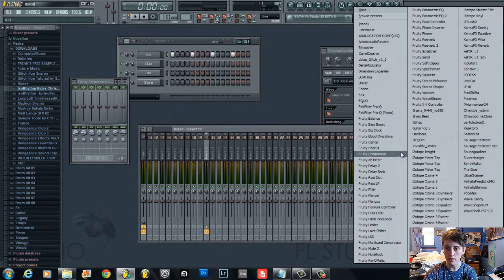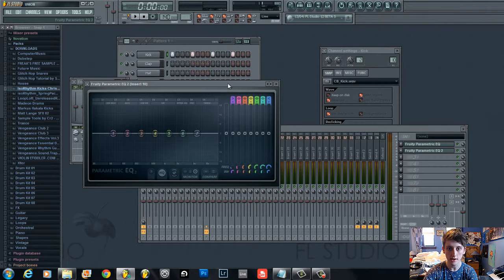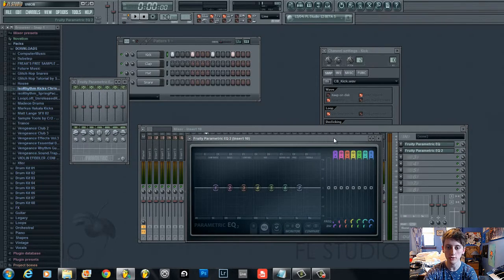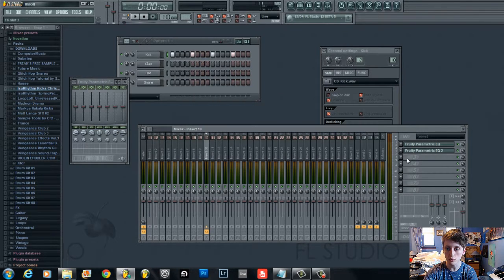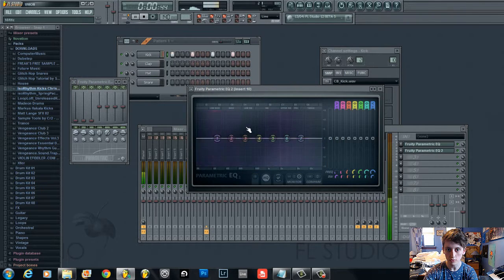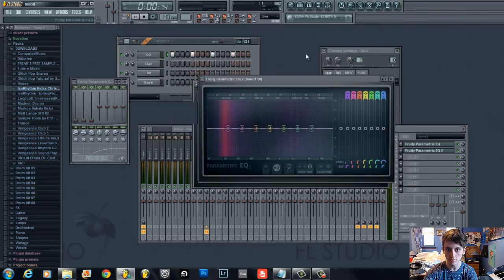Now, that is just a simple EQ, but one which I would definitely recommend is using the parametric EQ too, because you actually get visual feedback on whatever signal is going in. And also one thing to note is that these work in series. So something we should do here, there you go, it resembles on this,